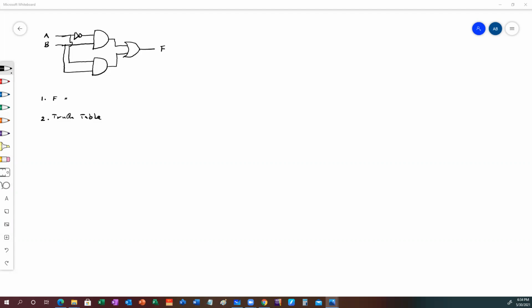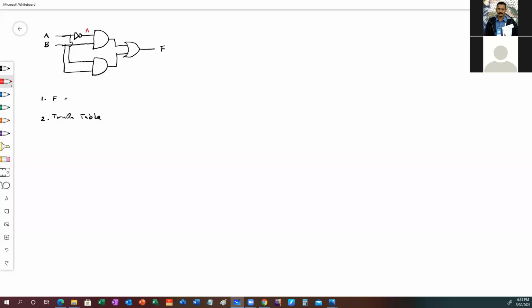Write the expression. What is the expression? Here you get A bar, and B. Then here you get A, here comes B. Then here you will get A bar and B. And down here you get A and B. Then the final output is